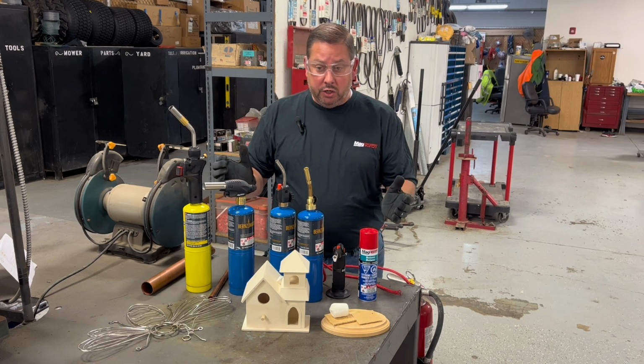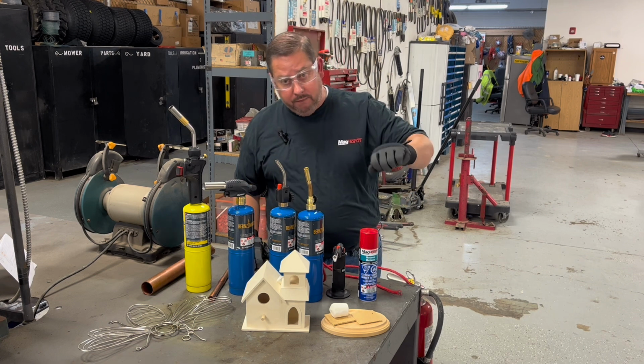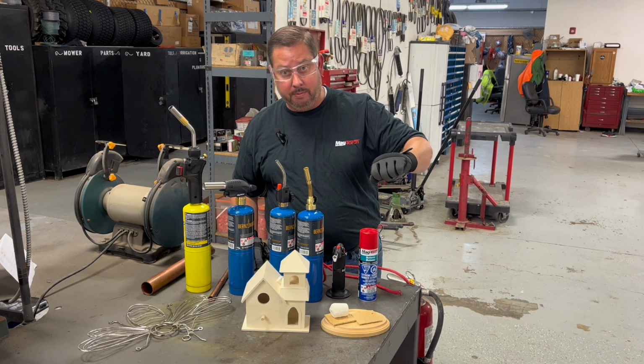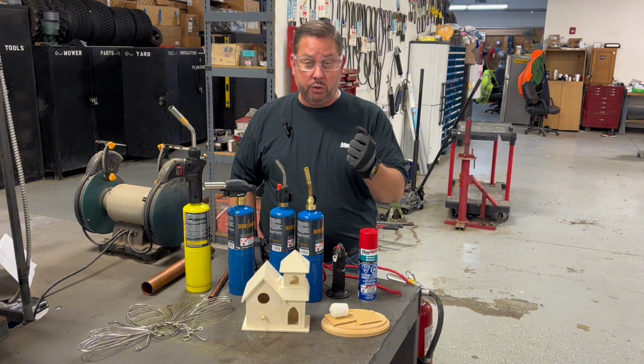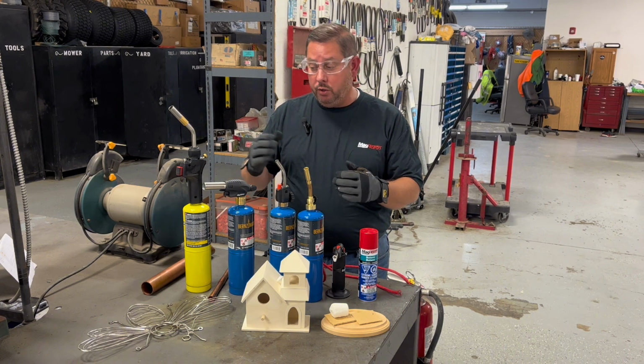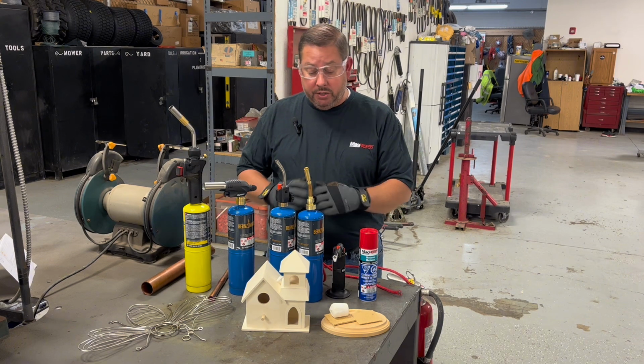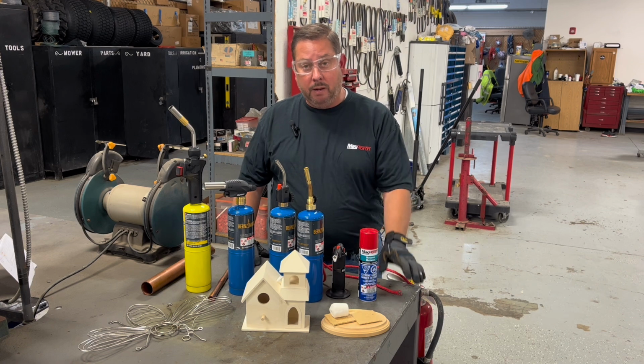And I'd also like to talk to you about thinking about where and how you're going to be using your flame. Will you be inverted when you're using your flame to do the job that needs to be done? Or can you use the torch in an upright fashion? Your packaging and magtorch.com will call out those torches that you can use inverted and those that you can use in an upright position. Please consider all these things while you're trying to get your job done with all your